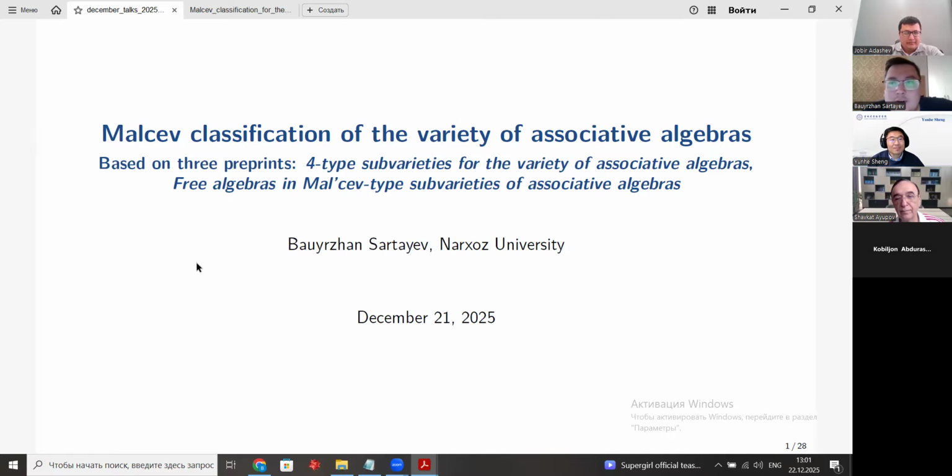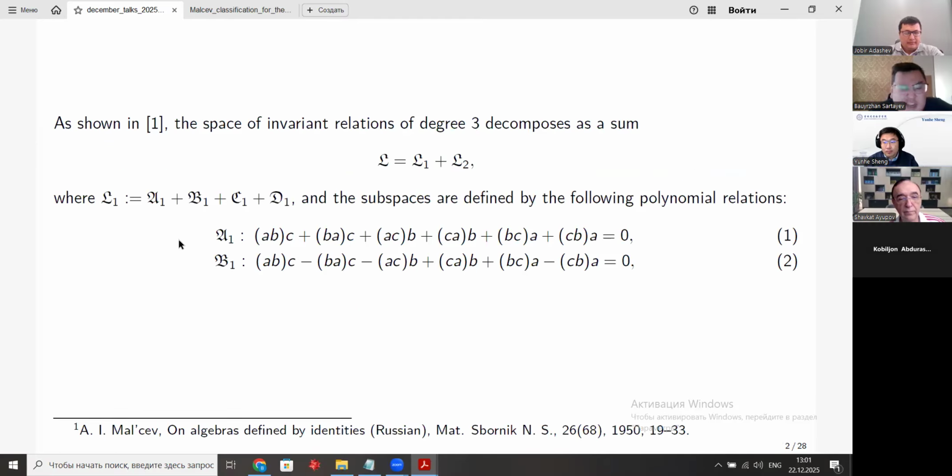So today's topic is Malcev classification for the variety of associative algebras. Let me start. As shown in Malcev's work, which was in 1950, he considered just a free magma algebra, and he considered the space of degree three, and he showed that this space of degree three in magma algebra